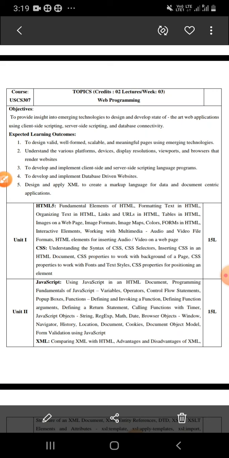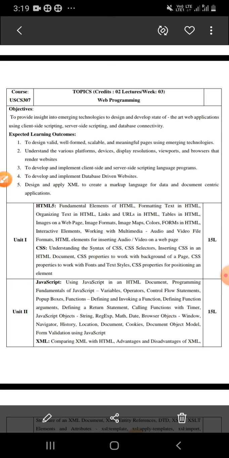Now myself Neelam Nimbalkar, I am welcoming you to your second year. In this semester, I am going to teach you your web programming subject. Now what is the web? Web means websites. So for making different websites, whatever languages are used, that we are going to study in this syllabus. Okay.